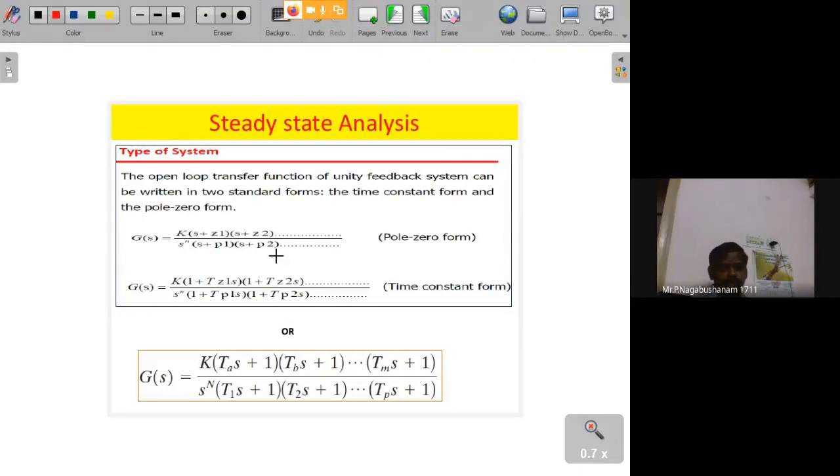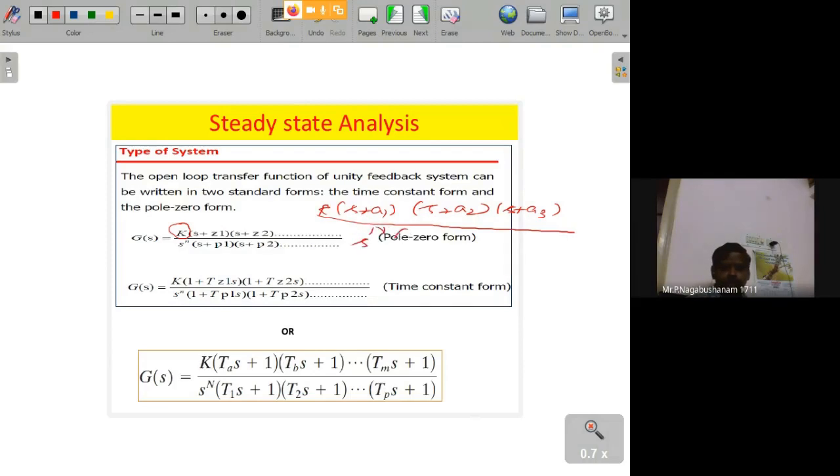First one: in a general transfer function, the numerator gives zeros and the denominator gives poles. This K is the DC gain, or system gain. The numerator factors are (S plus Z1) and so on. Why am I taking Z? Otherwise, you can take K into (S plus A), (S plus A1), (S plus A2), (S plus A3) in the numerator, divided by